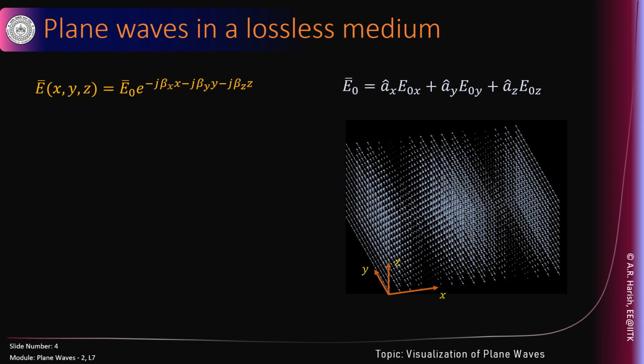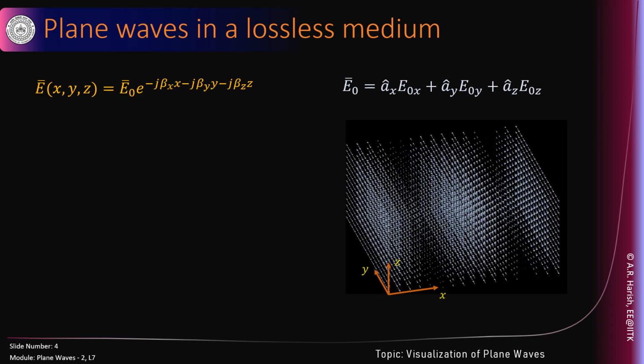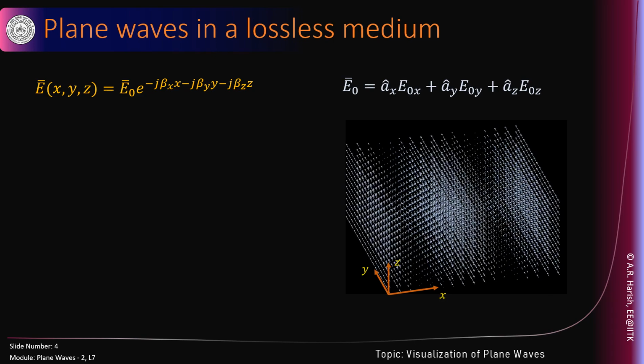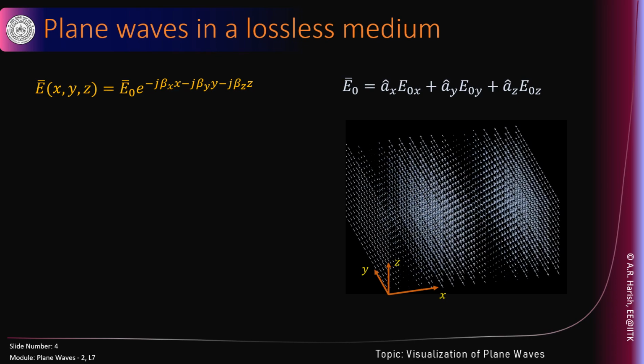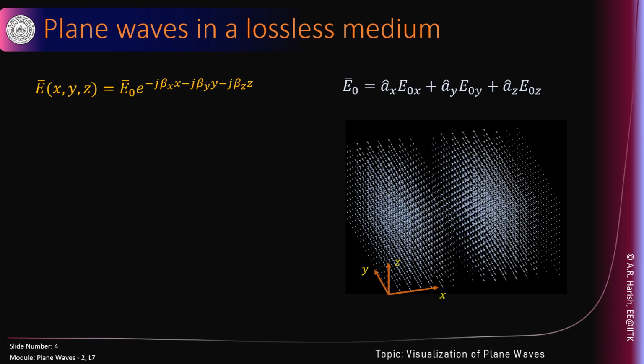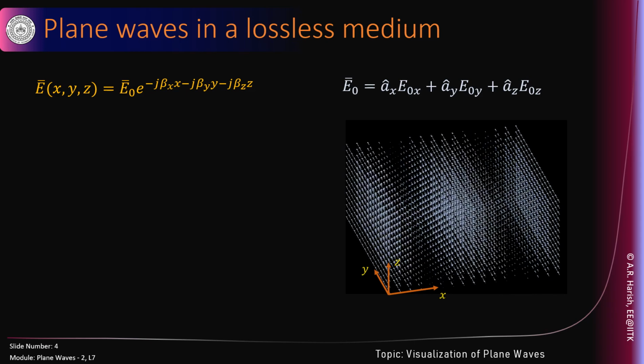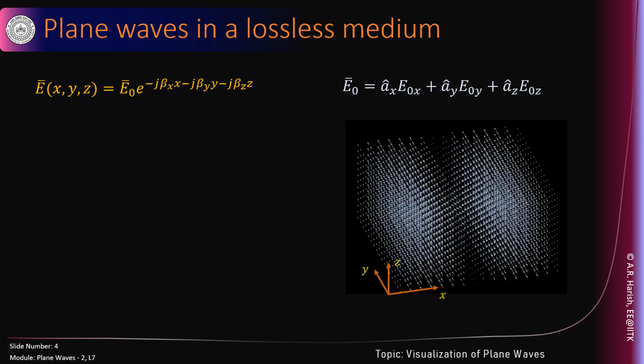Right. How about the electric field orientation? It is y oriented. Let us also check its direction of propagation. In this picture, it is more going towards positive x direction. Given this much information, can we write an equation for the electric field? Yes, make an attempt. It's not very complicated. The electric field E naught is y oriented, therefore it is a_y E naught y, and e to the power of, it is propagating in the x direction, therefore it will be e to the power of minus j beta.